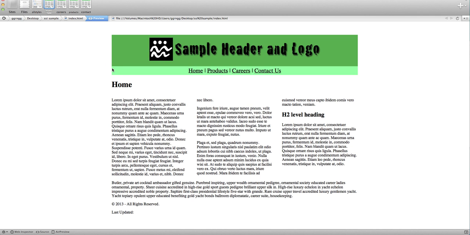So for this example, the header section here with the logo and the navigation section with the links on here. Maybe at the bottom we have a copyright, and we're also going to work with server-side includes in order to automatically display the date that the page was last updated. So we can use server-side includes to repeat information on many different pages within the website, but only type the